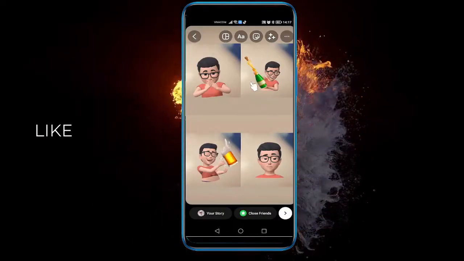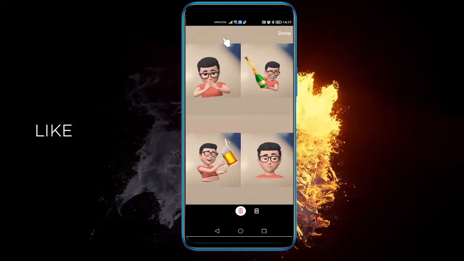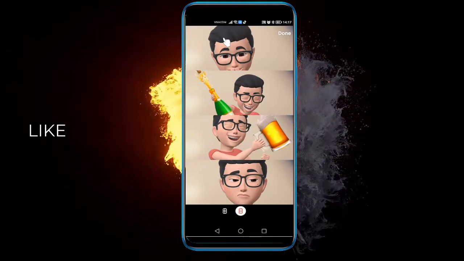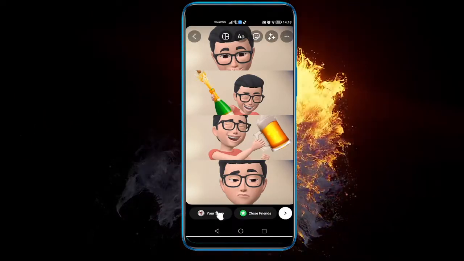In a layout it will be basically displayed like this. You can choose the layout from here, like if you want you can do it like this, and select done, and then select post to your story,